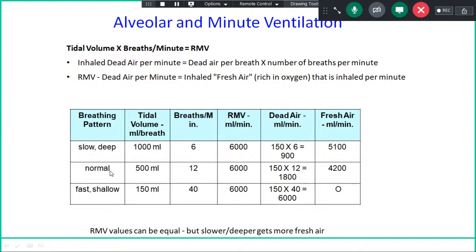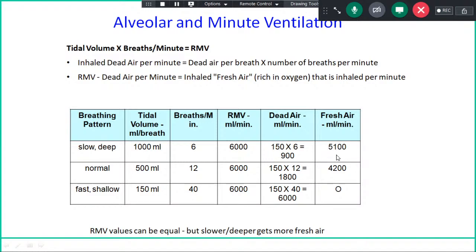Supposing the breathing pattern is changed to slow and deep, so that the tidal volume now becomes 1000 ml and the person is taking 6 breaths per minute. As a result, the total minute ventilation is 1000 into 6, that is 6000 ml, the resting minute ventilation. Out of this, the dead space ventilation, which remains in the dead space, is 150 multiplied by 6, which is 900, and the remaining 6000 minus 900, that is 5100, goes to